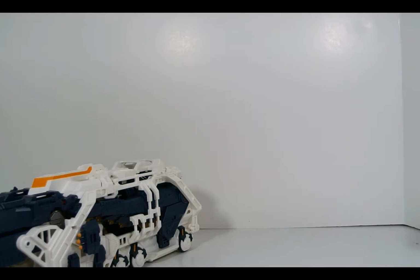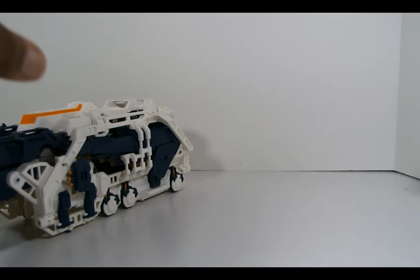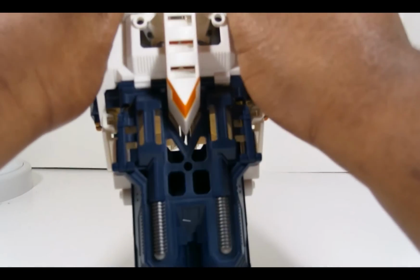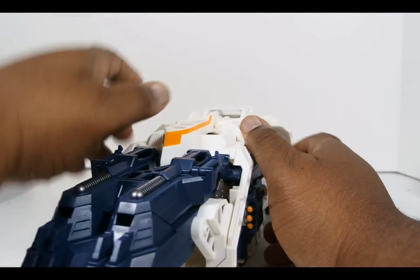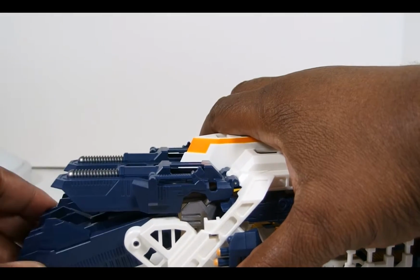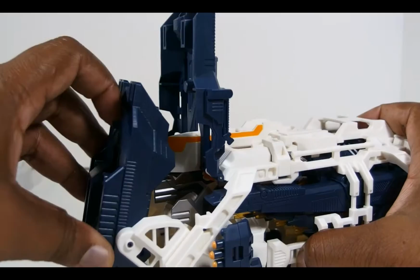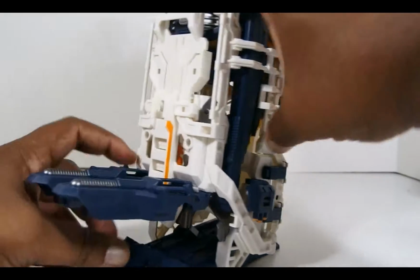But put this off to the side, and we can get to transforming this. The only reason why I'm doing this on camera is because I really like how all of this works. First, you want to just kind of open these two. Whoops. First thing you kind of want to do is this part comes down, this folds out, then this folds up. Oops, I'm sorry, I'm skipping stuff because I don't do this on camera often. But yeah, all this comes out, and then now it's standing up,